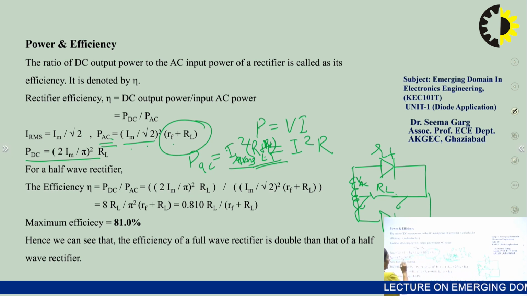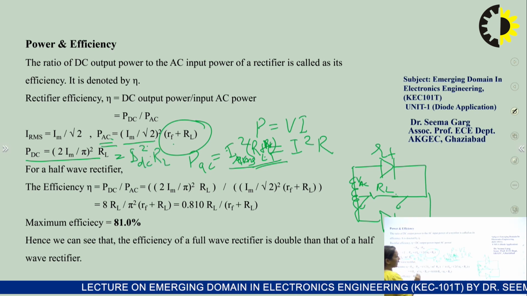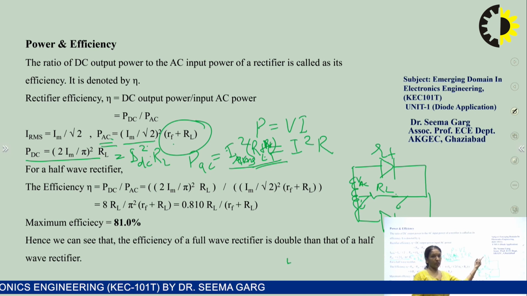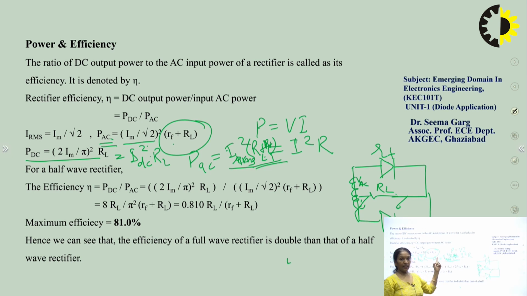So PDC is equal to the DC current square times the load resistance RL, because the output voltage is measured across the load resistance only, and that's why this forward resistance will not come into the picture. It will be there only in case of the AC power, or you can say the RMS value of the current will appear in case of the AC power only. But the value of RF is far less than RL, so neglect this value, and